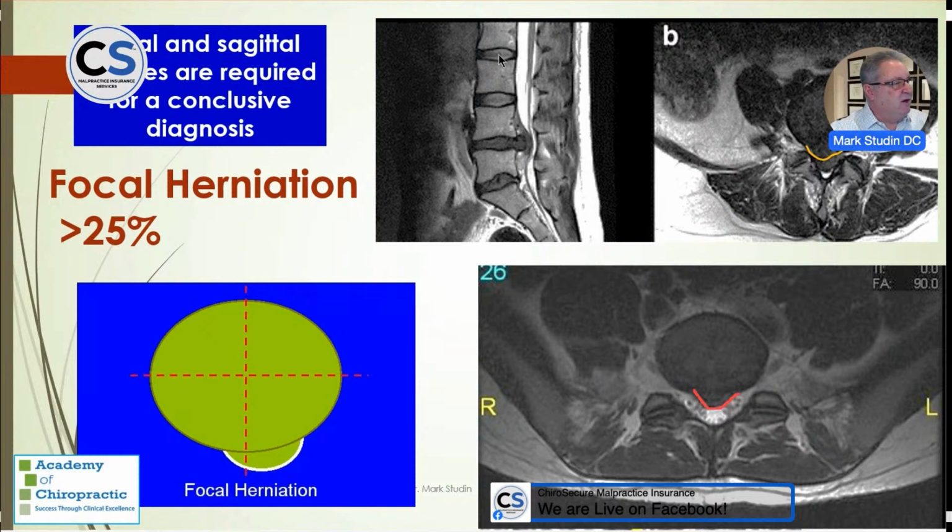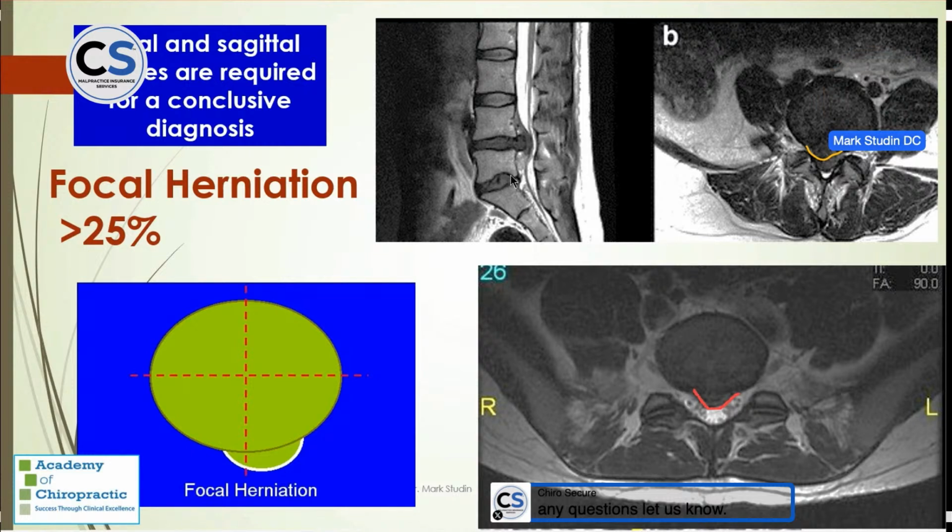So here's your bone, here's your disc, high zone, low zone. This line going through it is normal. It's a little bit darker. It's desiccated. Desiccated means drying out. This is not an indicator of age, because all it says is the water went from here to here on the outside. That's what it means. So the inside got dark because the water went on the outside. And the water is also the same color as the inside. So this is a relatively new herniation.